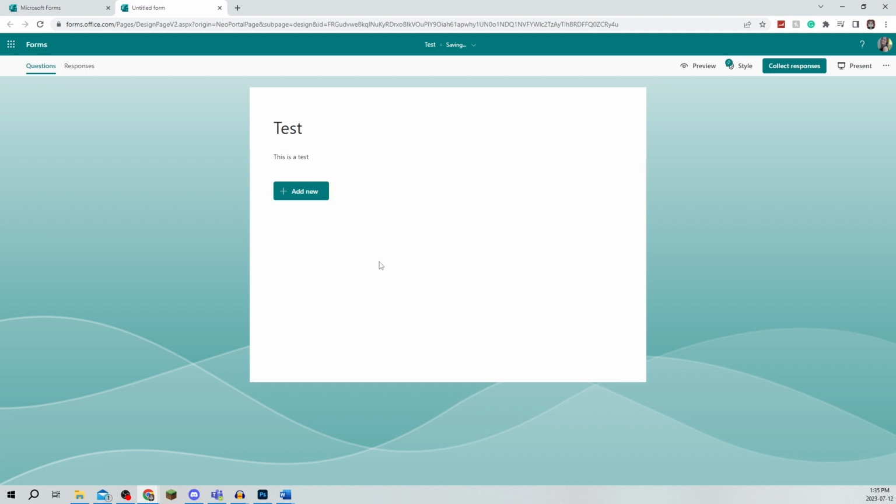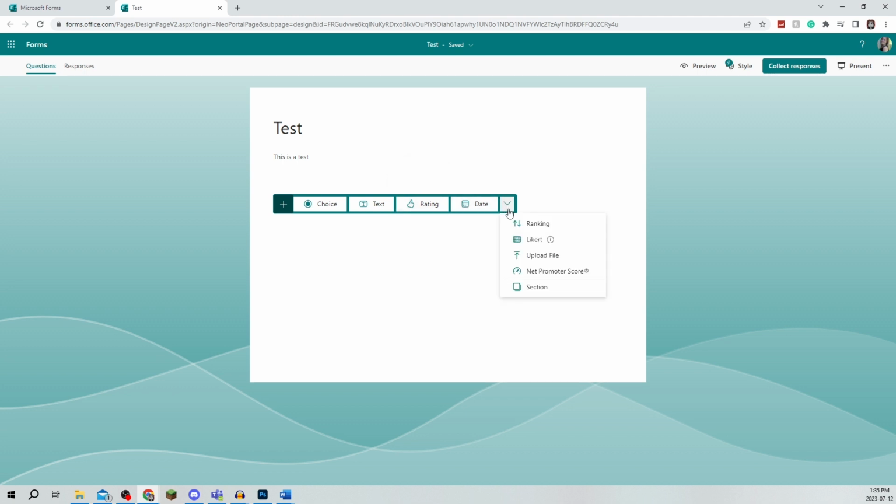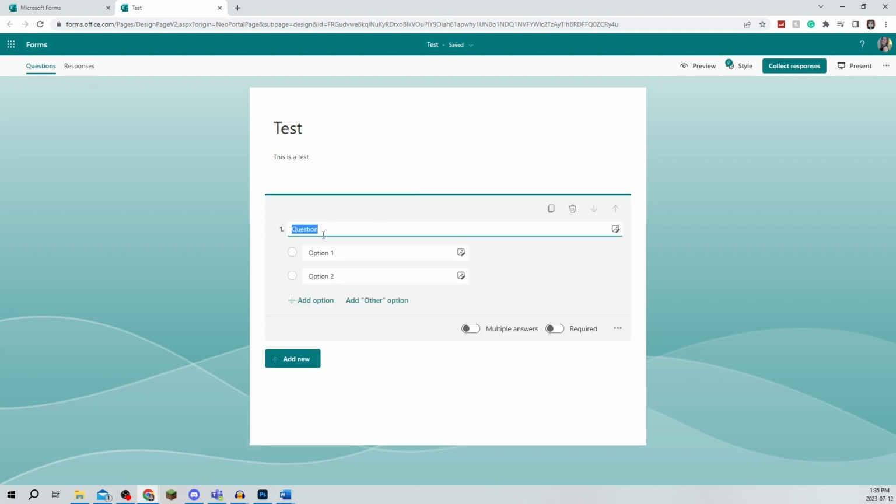Now, the next step is to actually create questions. There will be different questions or forms that you will actually use. You can use a multiple choice, you can use text where the respondents can write a long answer, you can have a rating, or you can also choose a date. There's also just different rankings and Likert scales, but if you just want a simple multiple choice question, you'll click